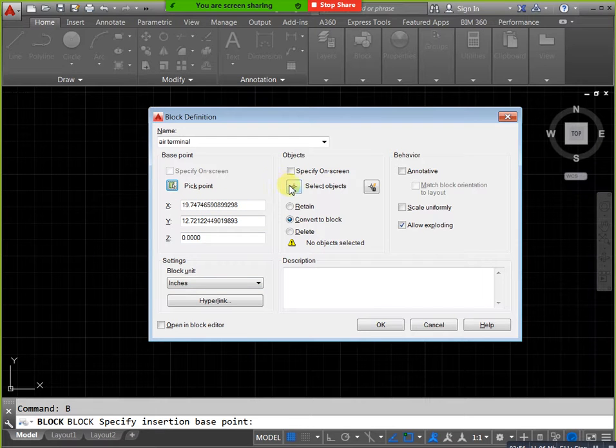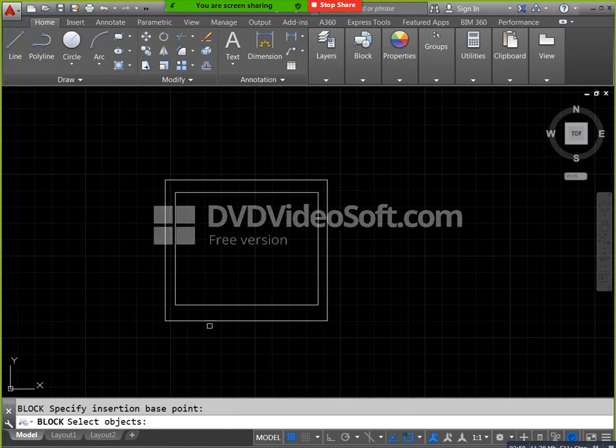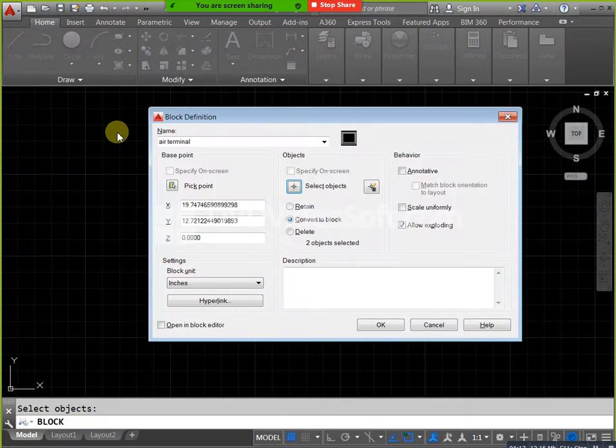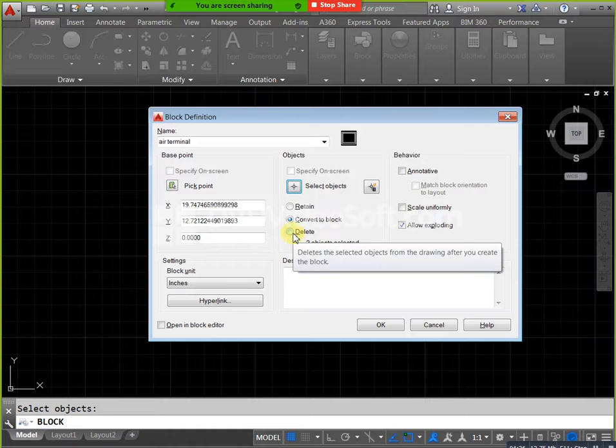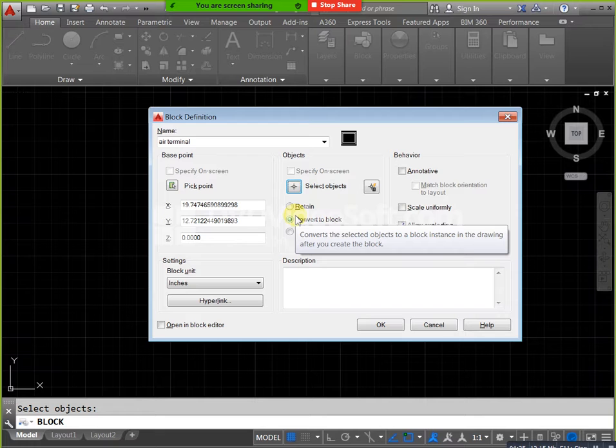Next you can select objects, how many objects. For example, in this drawing area we have a number of objects now. For example, we have floor area and any walls, windows, plumbing fixtures, we have a number of components, but I need to select only the AC terminal. That's why you can select your AC terminal. In the select objects condition, whatever your requirement is, you can select those objects only. Okay, next in these three options you can use Convert to Block. For example, if you use Delete, like mirror type, the original object is deleted, and the duplicate item is automatically saved in your block library. Convert to Block means both are there. Just select Convert to Block and click OK.